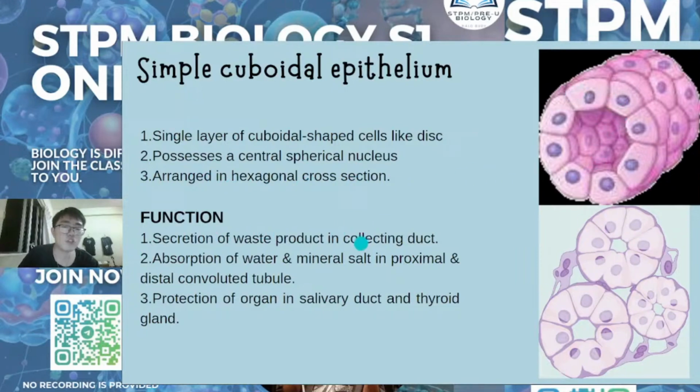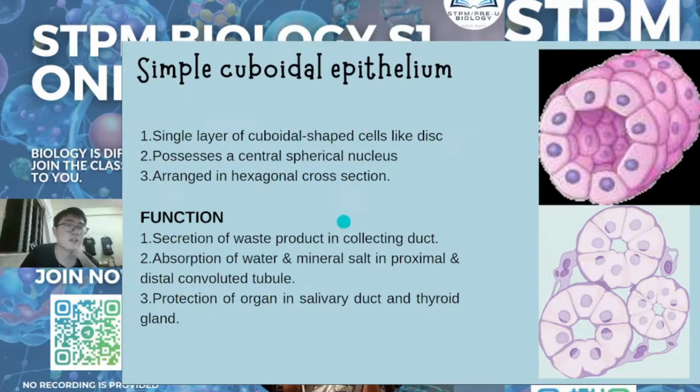Okay, so the main function: this cuboidal epithelium can be found in the kidney, in two parts, the collecting duct and the proximal and distal convoluted tubule. What is the function of the collecting duct? If you still remember your SPM learning, even though you have not entered semester 2 yet, in semester 2 you will also learn about homeostasis. For your seniors, you should know what homeostasis and absorption are. But for your Sem 1 juniors,